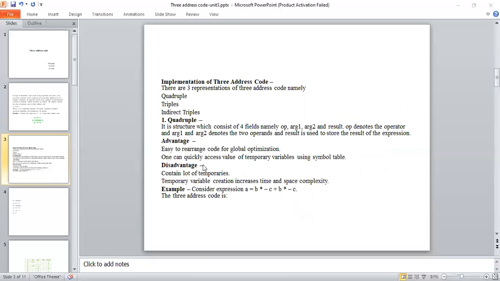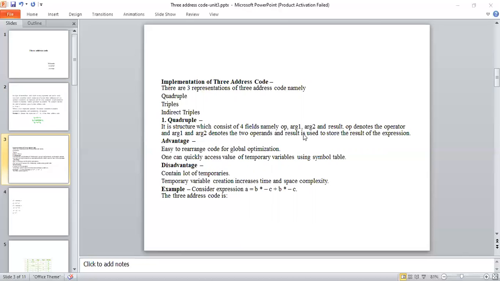Quadruples, in the name itself, contains quad. Quad means four, so it consists of four variables or four fields, hence it is called quadruples. These four fields are operator, argument 1, argument 2, and result.